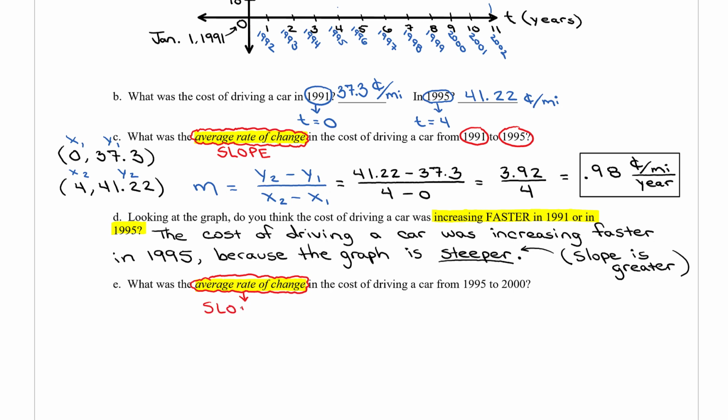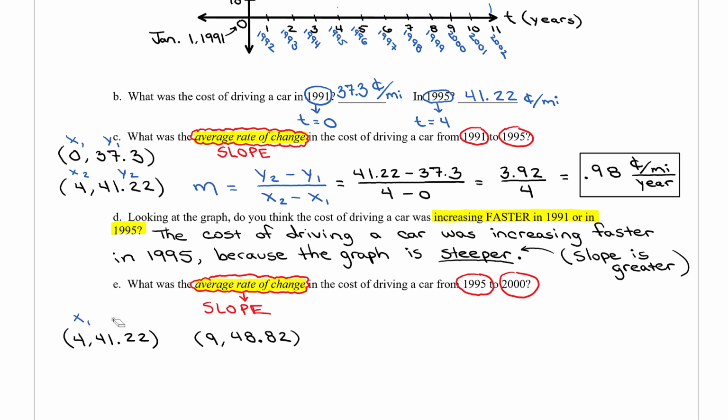I'm circling 1995 and 2000. In order to find slope, once again, I need 2 points. So I'm going to need the point that represents 1995, which is 4, 41.22, and the point that represents the year 2000, which is 9, 48.82. I'm going to label the point 4, 41.22 with x sub 1 and y sub 1, the x sub